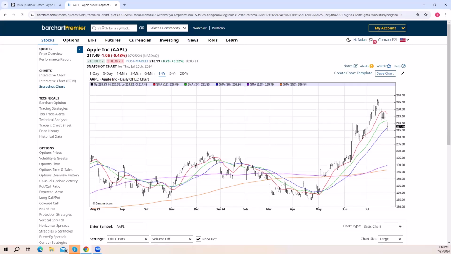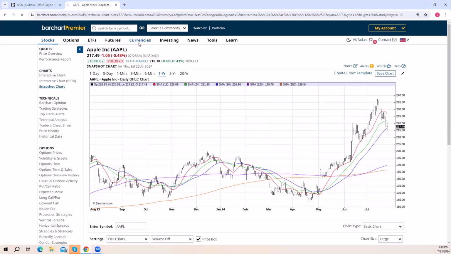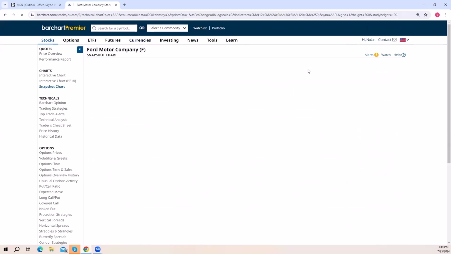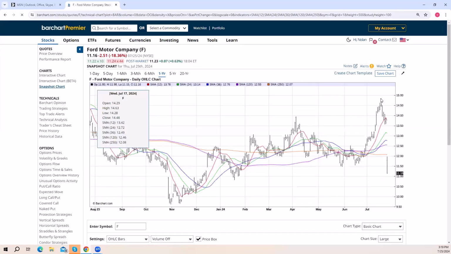I did this on the Ford Motor Company because the premiums were very low. The stock was like $14, and it went up to like 14.50. You could do a 14 or a 14.50 straddle for a week or two, not a long-term thing, and it would have been in the $1.50 range, right? And then look at this. It falls out of bed and Santa came early. Doesn't happen all the time, but during earnings season, obviously it can happen sometimes,